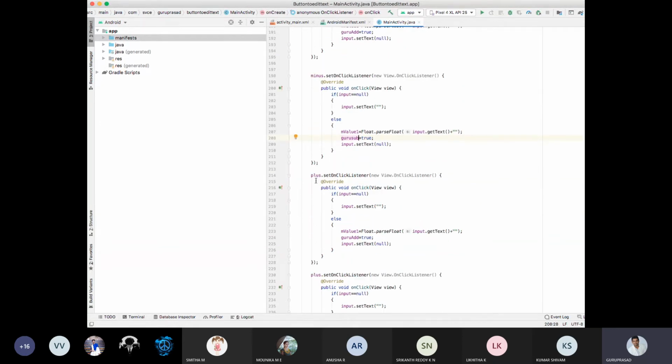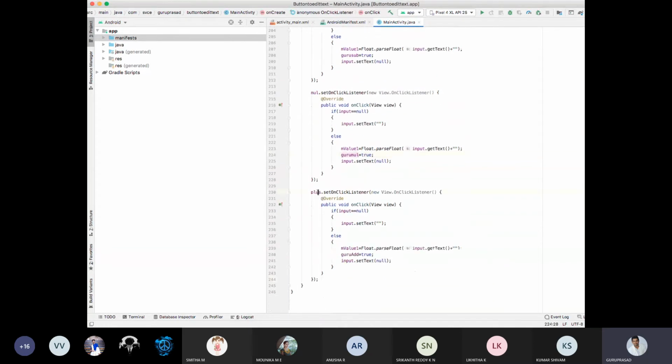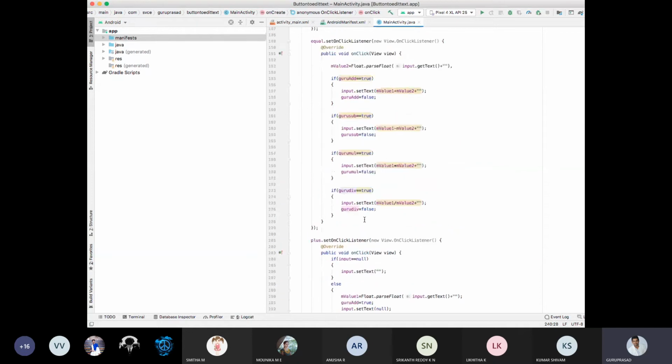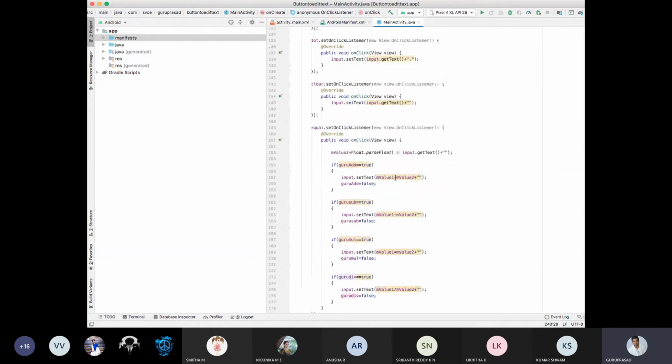Next multiplication, so guru multiplication will be true. Next in division, input dot text, guru division will be true. So in equals, guru add is equal to true: plus, m value 1 plus m value 2; minus, m value 1 minus m value 2; m value star m value 2; divide.